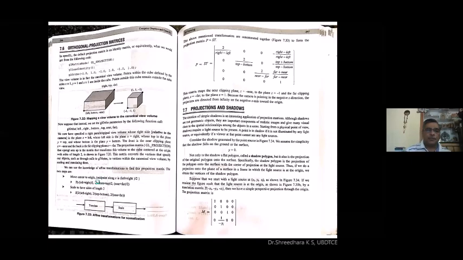Similarly, with respect to y and z, bottom plus top divided by 2 and near plus far divided by 2 help move the center to the origin. This is the translation step. Then finally, you want to scale it to a length of 2, depending on your scaling factor, scaling that object by 2 units.